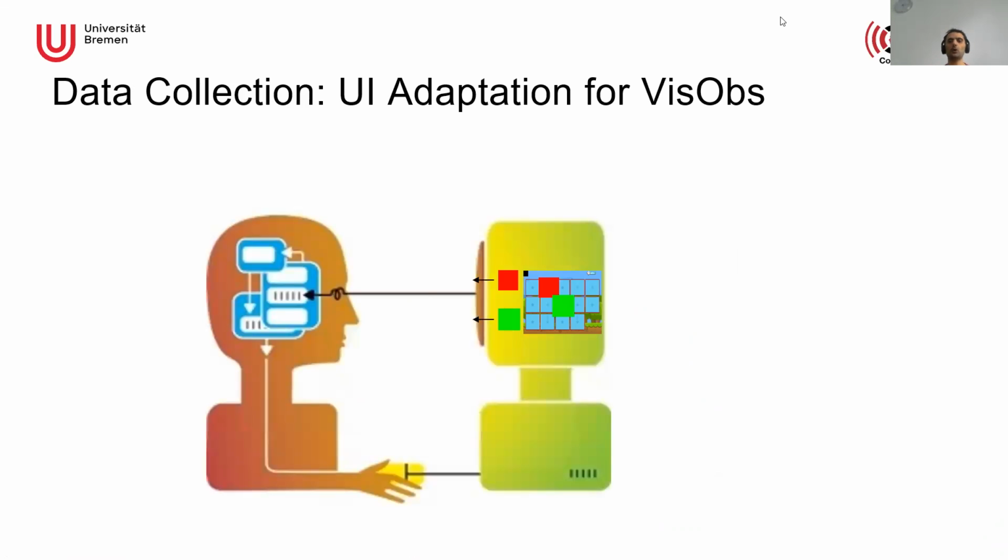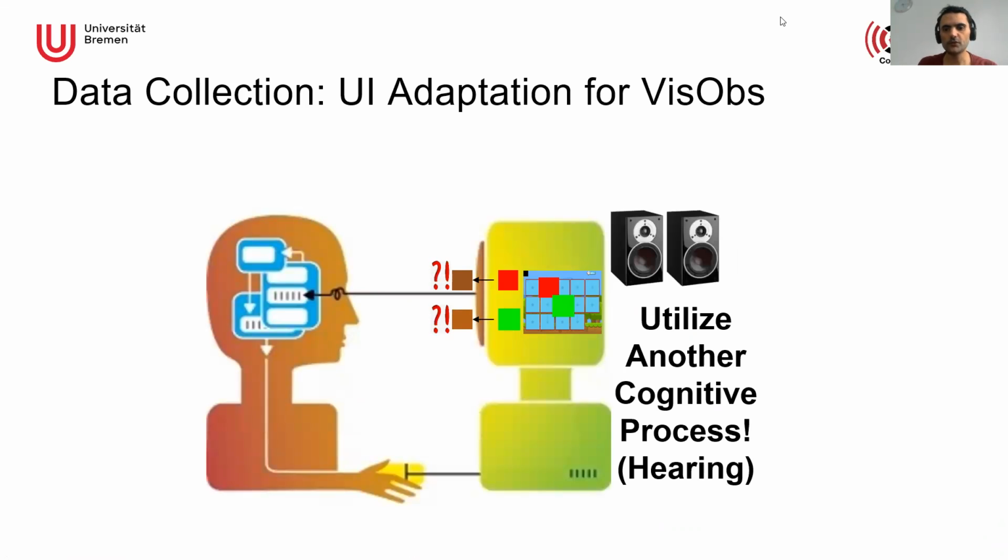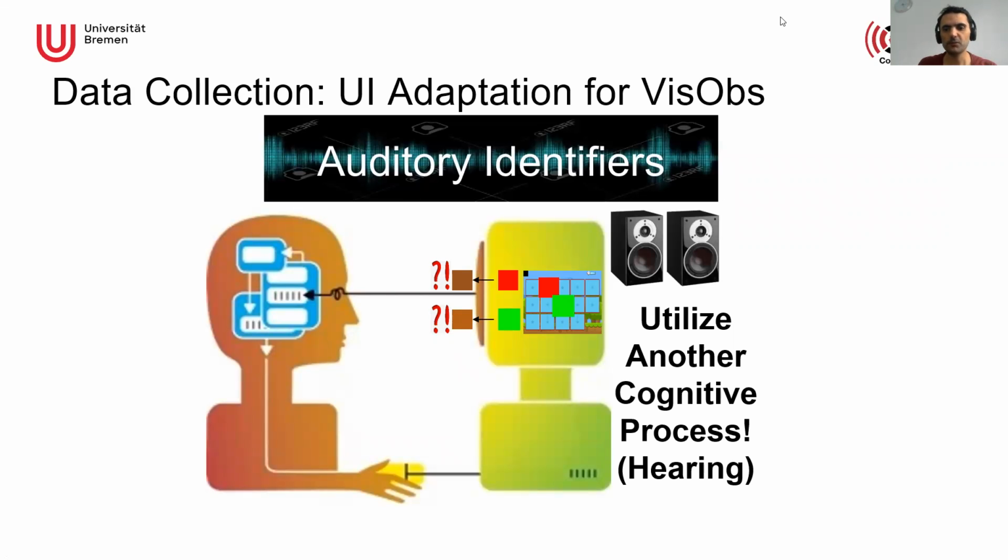And for the visual obstacle, the cards will be shown as brown variants, which is not easily detected, but we use auditory identifiers because hearing is not impaired and the user can hear well, for example, A, B, C, and then our users can achieve the game and finish it easily by recognizing the positions of the cards based on